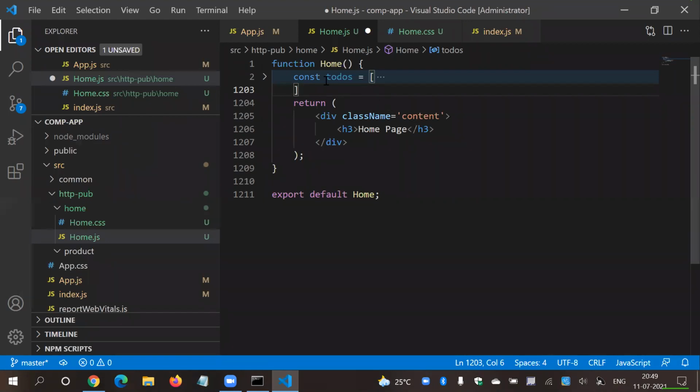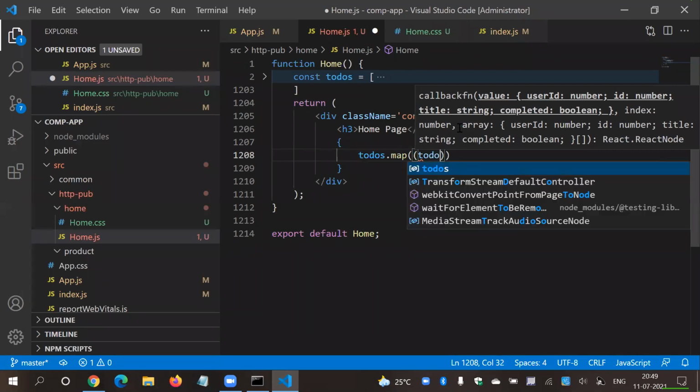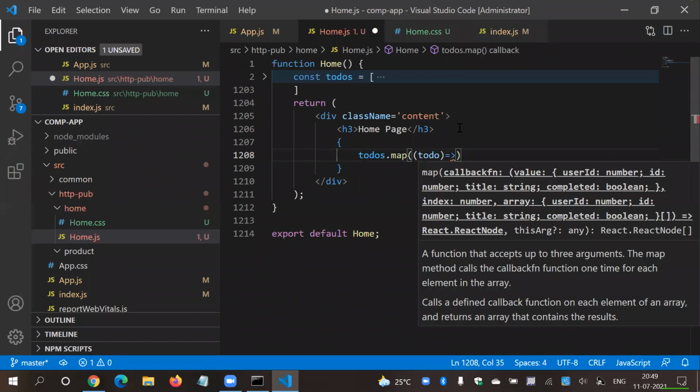So like we have props, and as I said, we can go here and say props dot map. In that you can say simply todo and arrow in bracket.